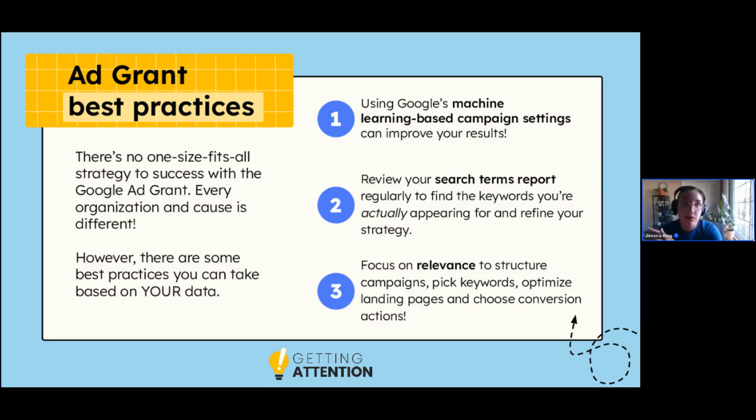But the other thing it allows you to do is this: Google is working all around the clock to show ads, to add keywords, to figure out connections between different queries. So Google is finding you people who you may not have even realized a certain keyword was going to be beneficial for your organization. That can improve your advertising strategy, and you can also take the learnings and apply them in the organic area, on your website as you continue to build it out. And when you are building your campaigns, picking keywords, optimizing landing pages, and choosing those conversion actions, really, really focus on relevance, both to your organization, to your growth, and to your audience.